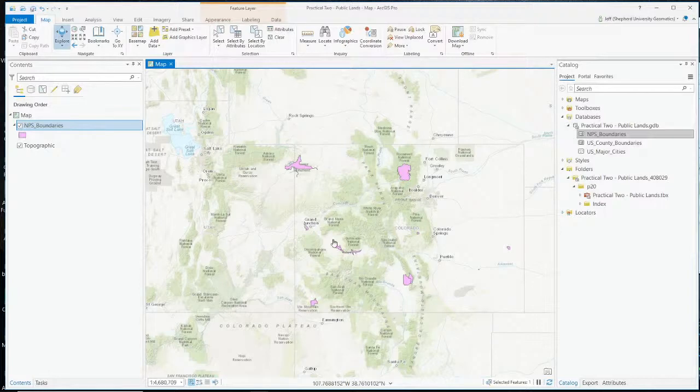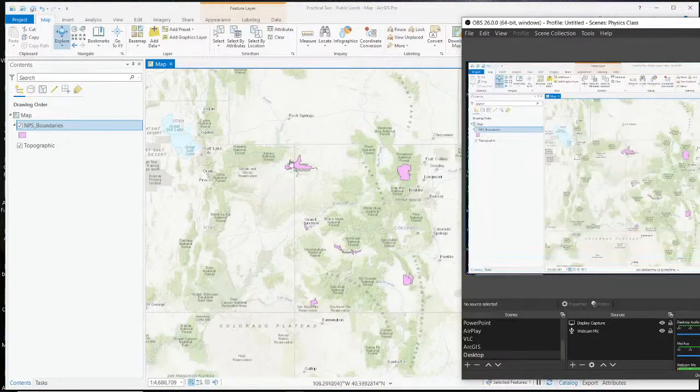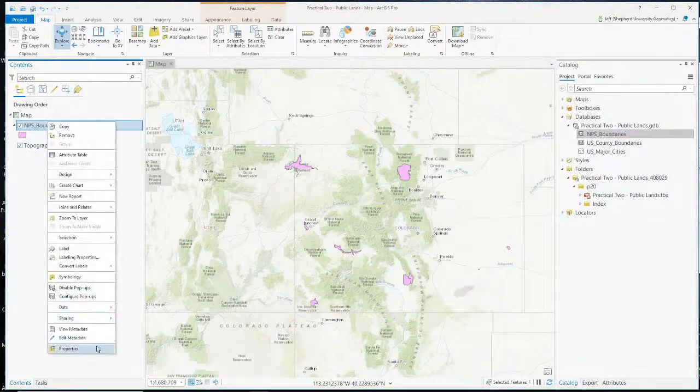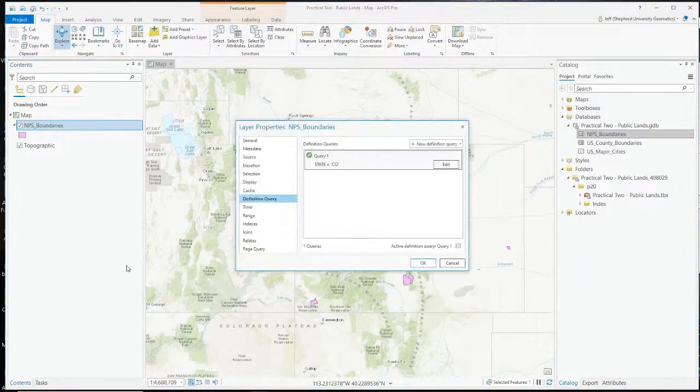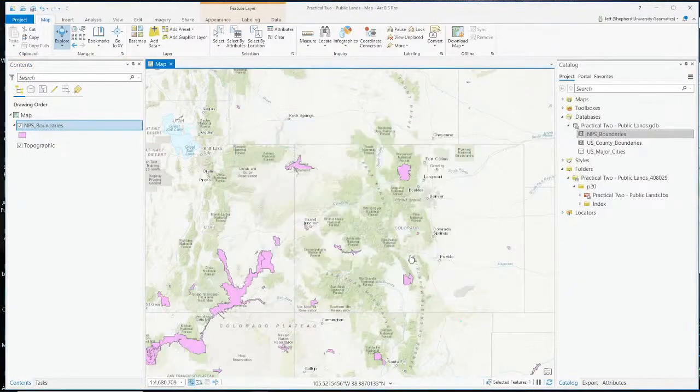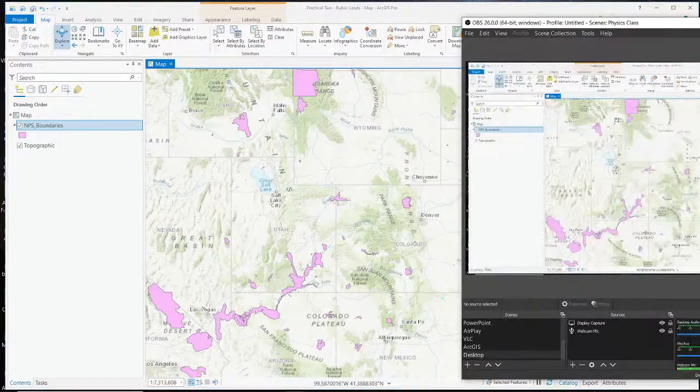Can anybody think of a different way? Shoot. Here we go. Let's remove that. Okay. Can anyone think of a different way? So then you could do,